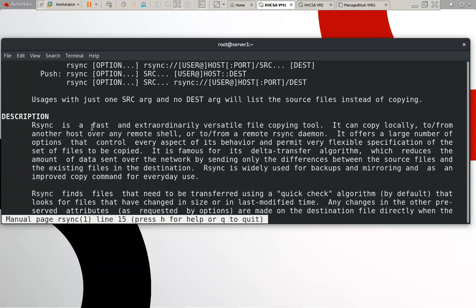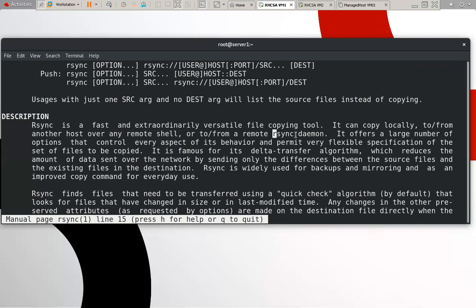So this is an extraordinarily versatile copying tool, working from any location to another location by using the remote shell functionality.